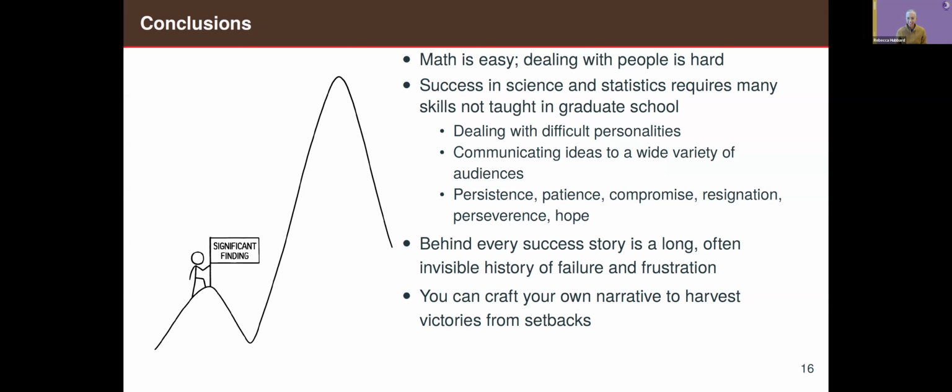The point that I really, really want to make in this talk is that we have the ability to determine our own landmarks, to craft our own victories, and to write our own narrative. So my little stick figure over here hasn't made it all the way to the top of the mountain that he was hoping to make it to the top of, but has decided just to plant the flag here and declare a significant finding has been found. That's what I decided to do in this project: declare that our epidemiology publication is what we always were hoping to achieve, and that was our victory and our success. And that's something that you can always do. You can always write your own story and tell your own story. And I hope people learn something from my challenges and setbacks. So thank you.